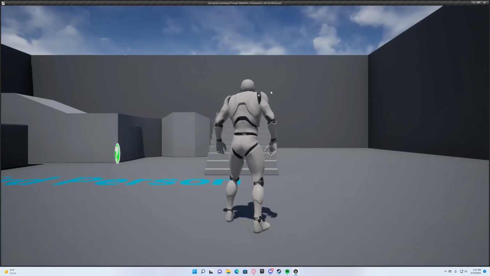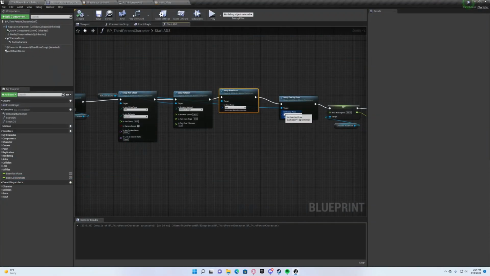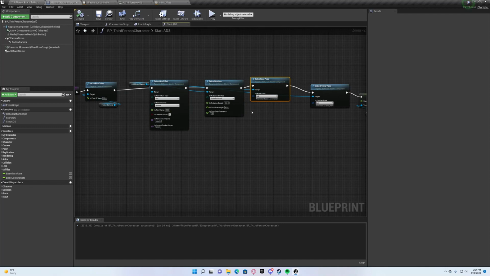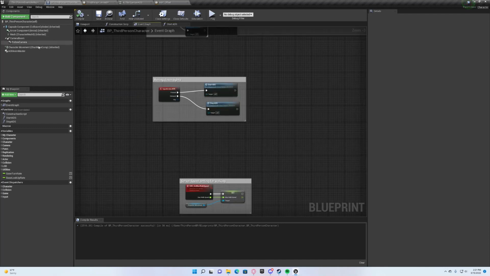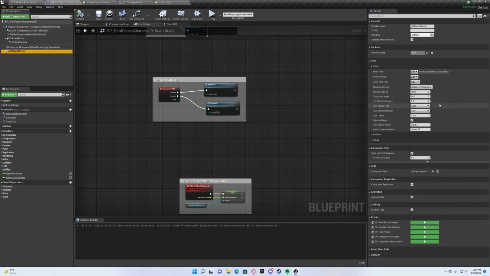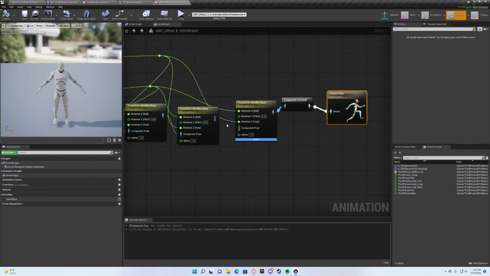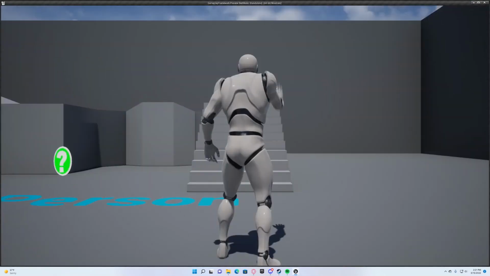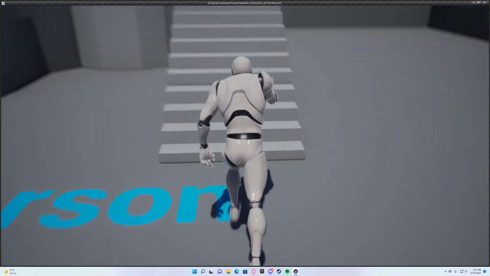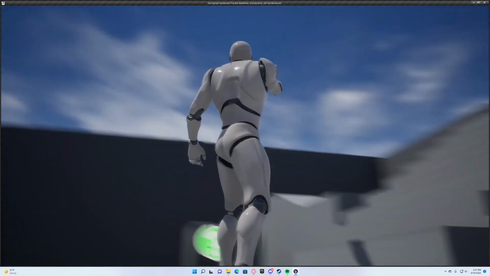So. Oh, there we go. I didn't hook up that last one there in the aim offset. There we go. Okay, so as you can see now,